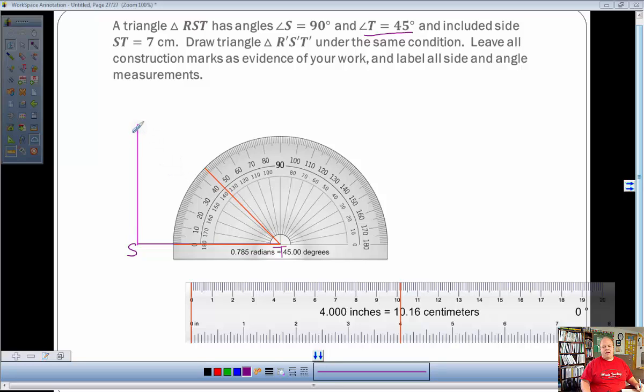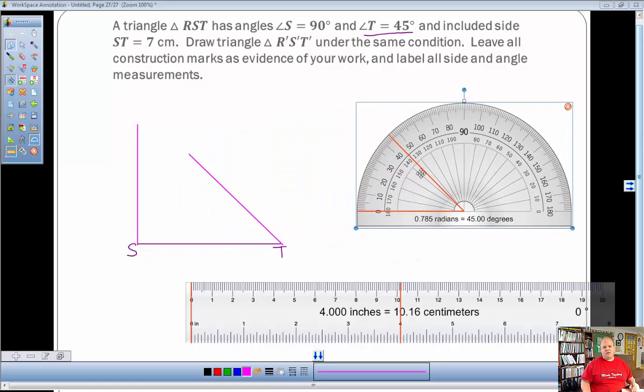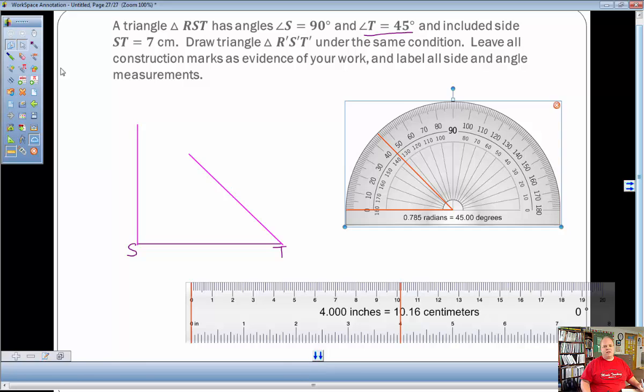Okay, and I'm going to draw my line so it connects. And then I'm going to expand this out,